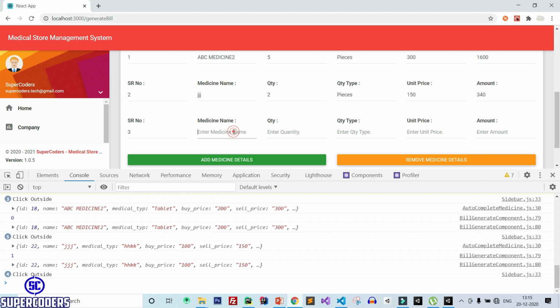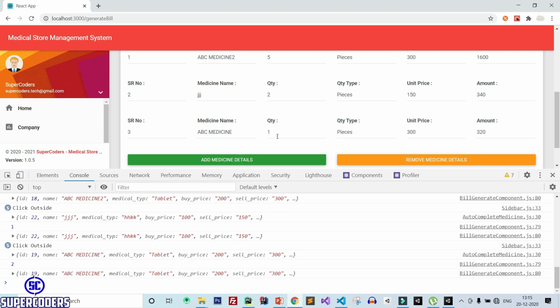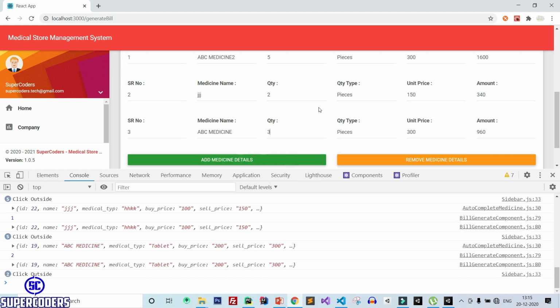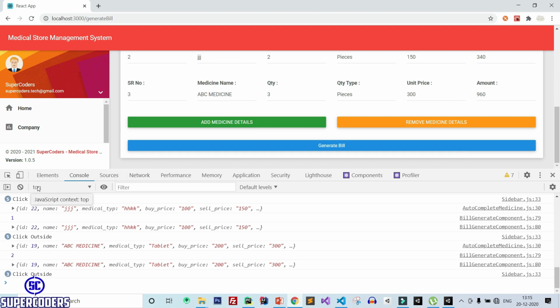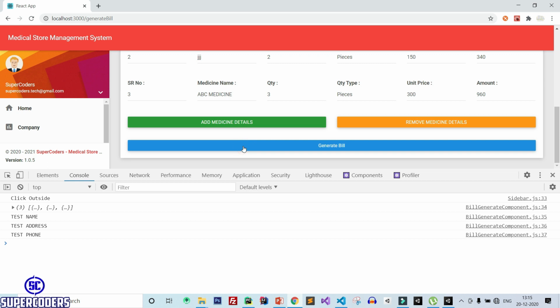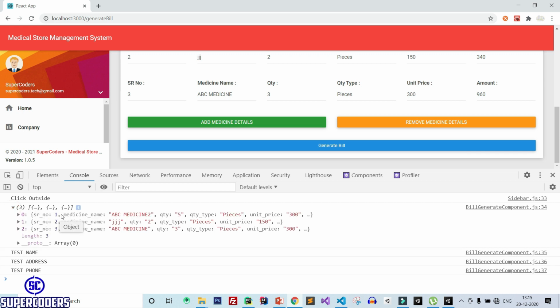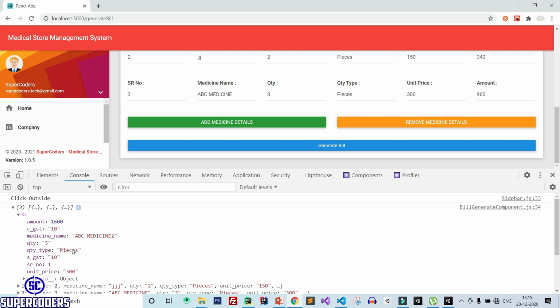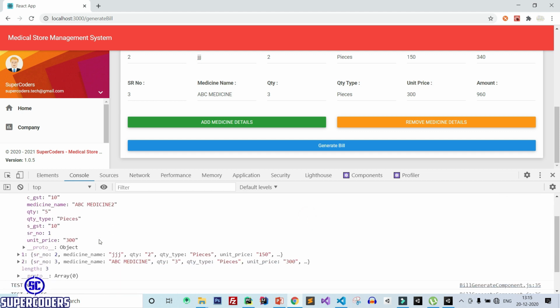Now the last medicine, change this to 3. Now let's check whether everything is working or not. So first clear the console, click on generate bill, and here we get the test name, address and phone. If I open this, you can see serial numbers 1, 2, 3 are showing, and it's showing the quantity which is perfect. You can see unit price and amount. So we receive all the data.